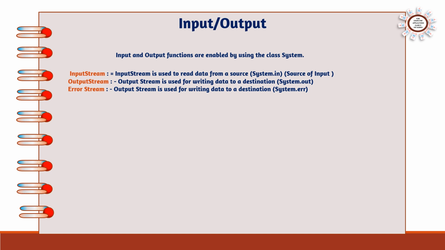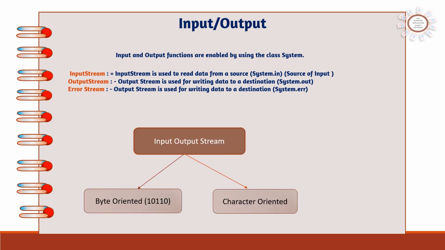So now input stream or output stream can be categorized into two: byte oriented and character oriented. Byte oriented means it accepts the data in the form of bits, that means zeros and ones. Character oriented will accept the data as characters. As byte oriented data is in the form of bytes, it is not suitable for text files. If you are inputting a text file, we cannot accept it through the byte oriented input stream. It can be done by using the character oriented input stream. The text files also can be accepted.